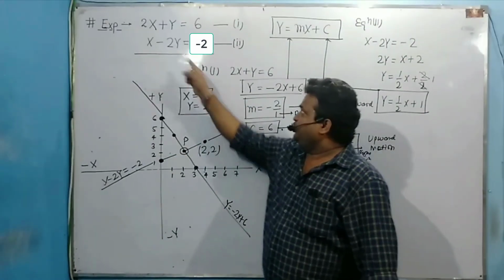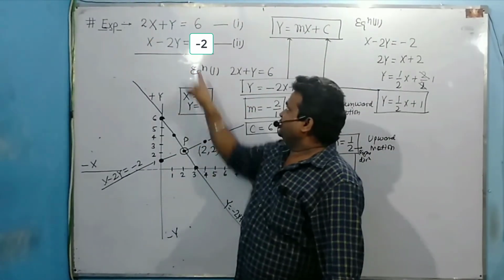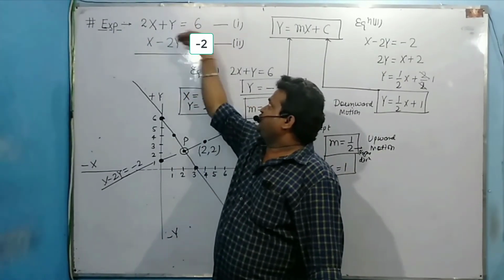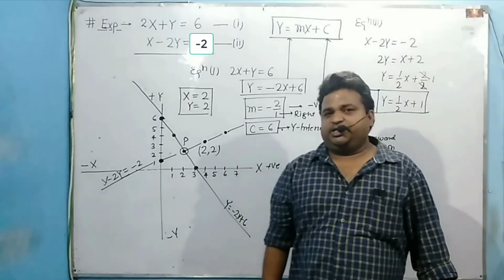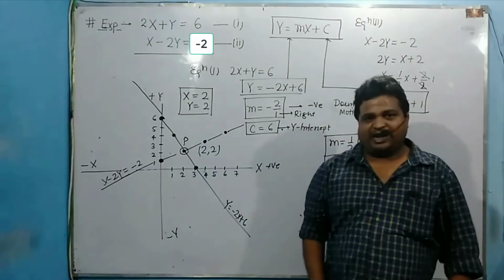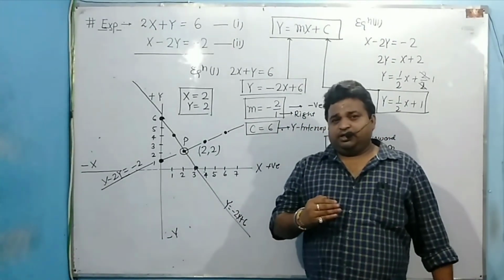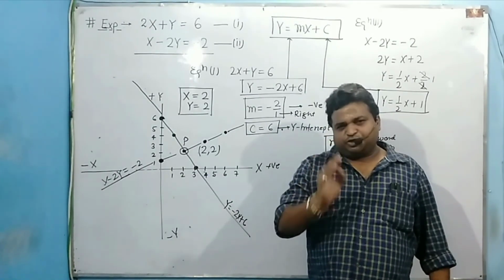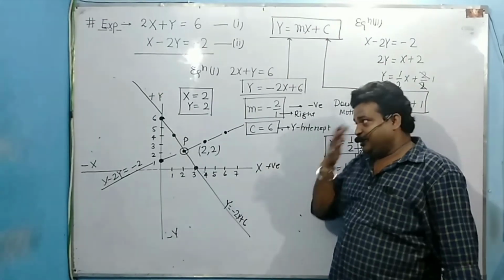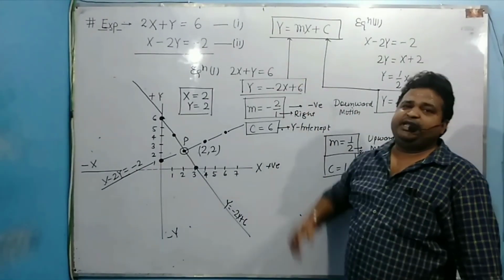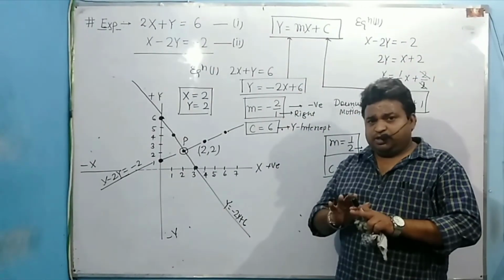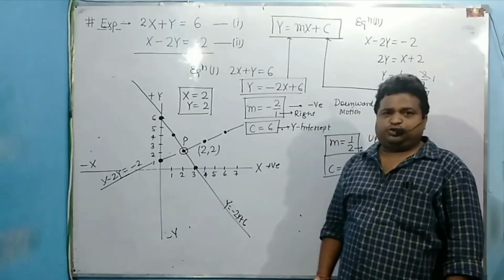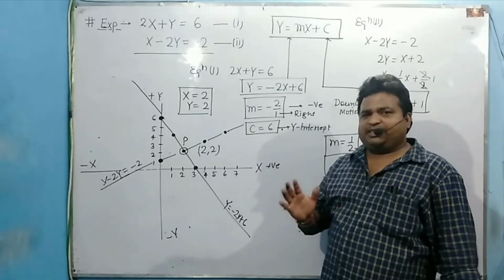If I put x equal to 2 over here, you will get 4, and this 2, so 4 plus 2 gives you 6. It means my left hand side value is equal to the right hand side value. It means your answer is correct, absolutely correct, and you are on the right track. So this is how we solve by the elimination method, substitution method, and this graphical method to solve linear equations. This is the last example, to show you all the methods combined.